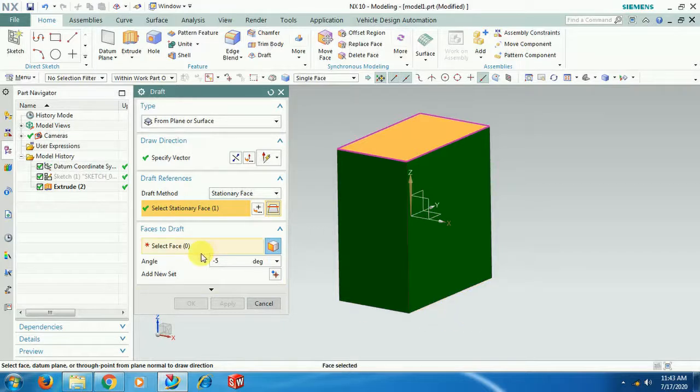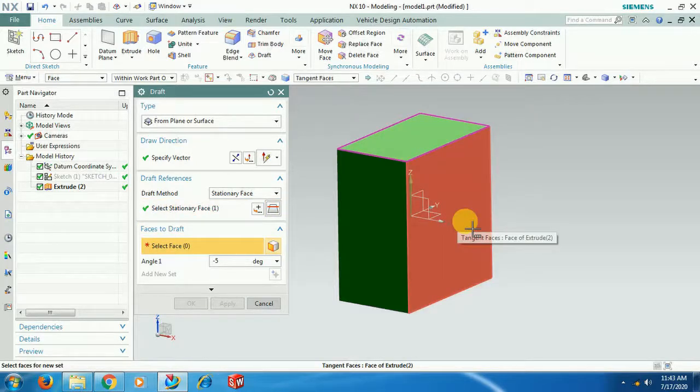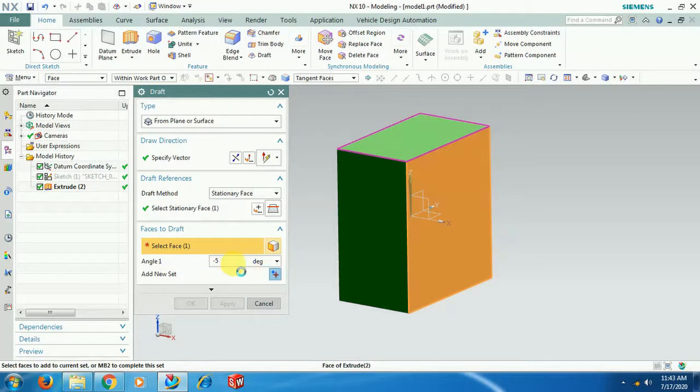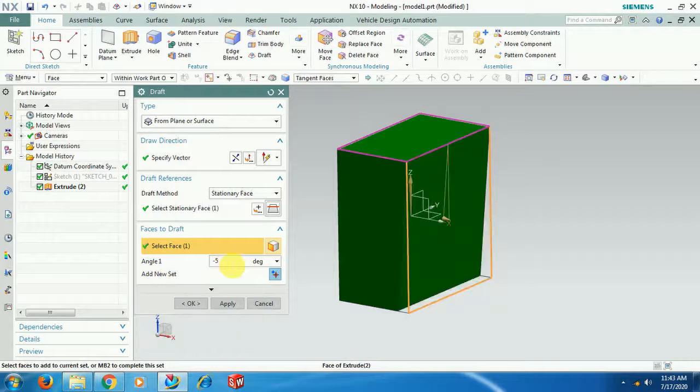Now in this phase, the simple thing: select the face to which the angle is given. Now minus 10 degrees. If it is minus 10 degrees, the draft angle is given inside.